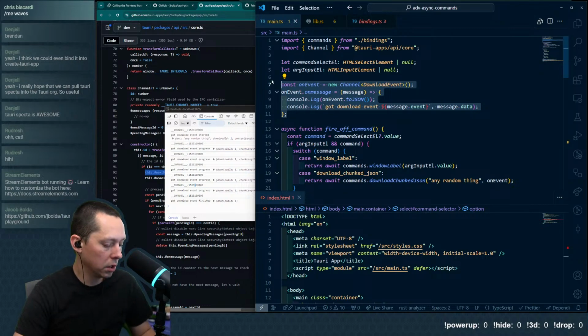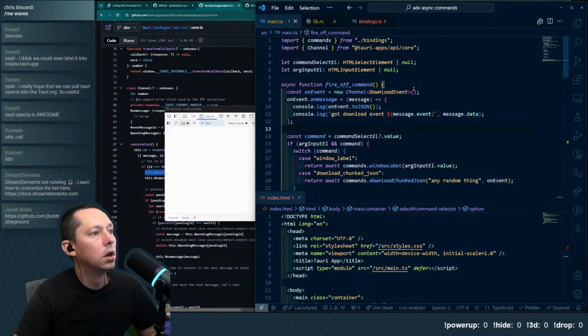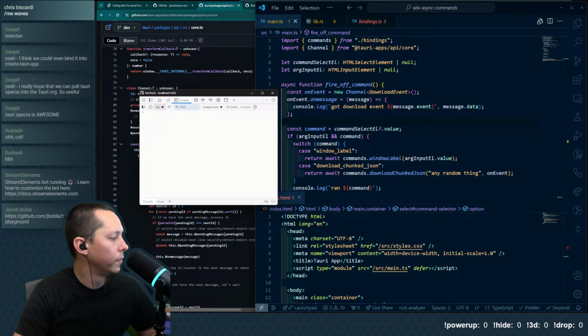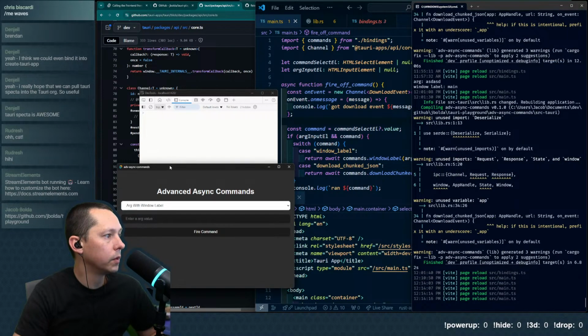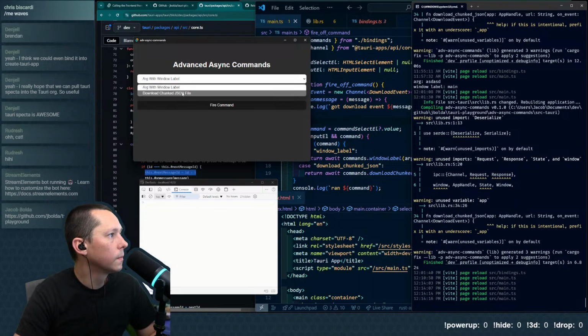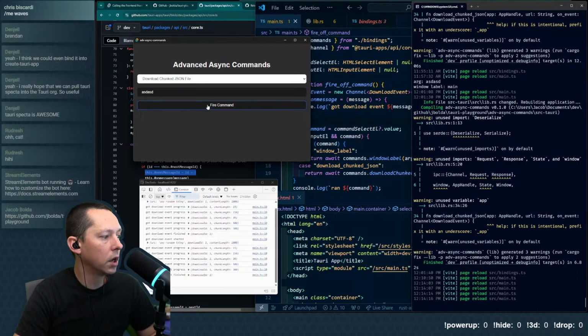If we go like this, let's see if I can confirm suspicions. I don't know if that's going to still continue logging. I'm going to take that off because it's not actually helpful. And then let's do this and then this. Fire command. So we get those events, and if we do it again, yeah.